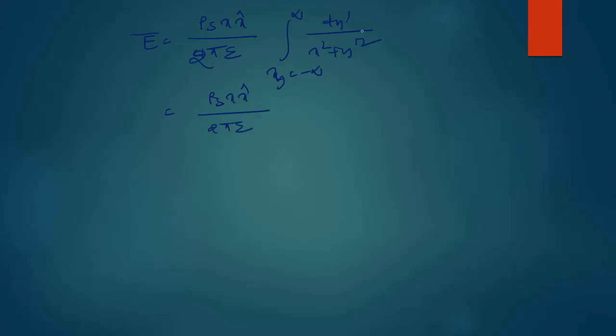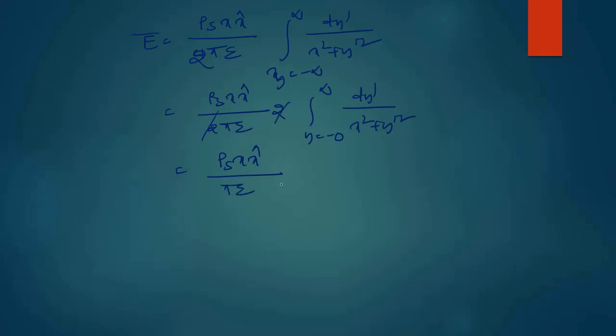Now, because it is an even function, we can take 2 times the integral where y dash changes from 0 to infinity, dy dash by x square plus y dash square. So it is equal to rho s into x x cap, the 2 will be cancelled, so you will get here pi epsilon,